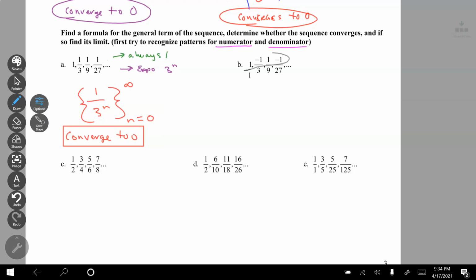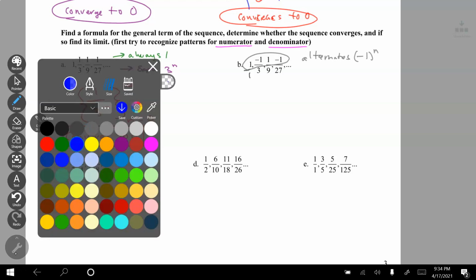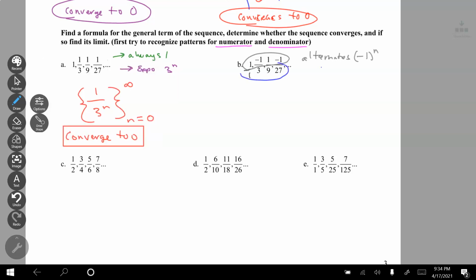Okay, the next one. Kind of see the same thing as I had before, but I have this whole alternating business going on. So I know that's going to be -1 to the n, and my denominator is the same as before, which we said was 3 to the n. So I'm thinking this is going to be -1/3 raised to the n, and I'm going to do the same thing. n equals 0 to infinity, and this is still an exponential in the denominator, so this is also going to converge